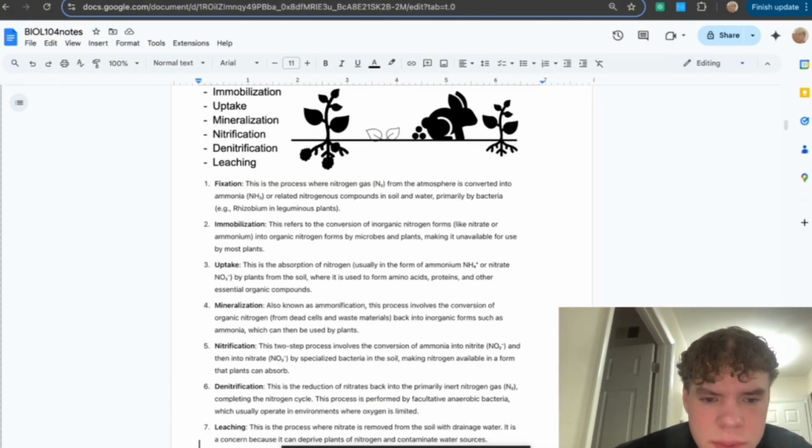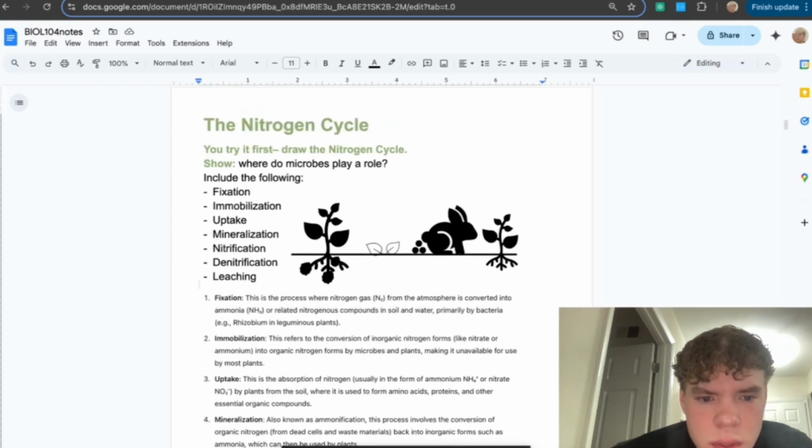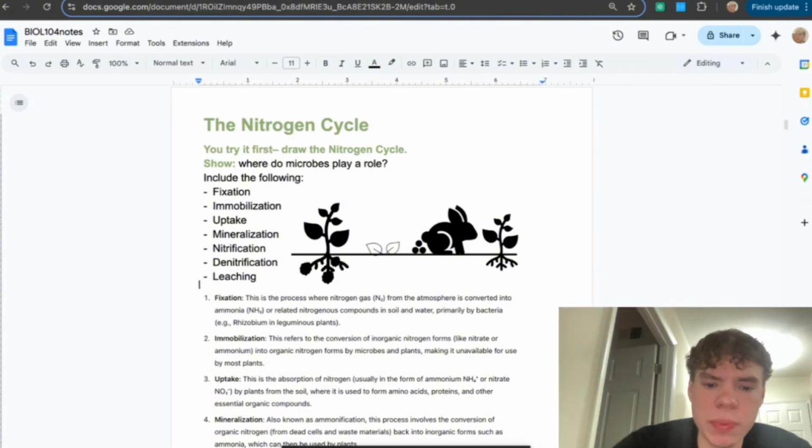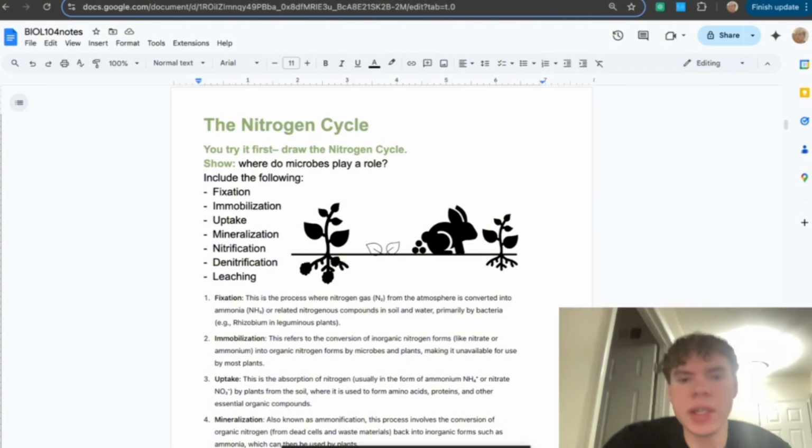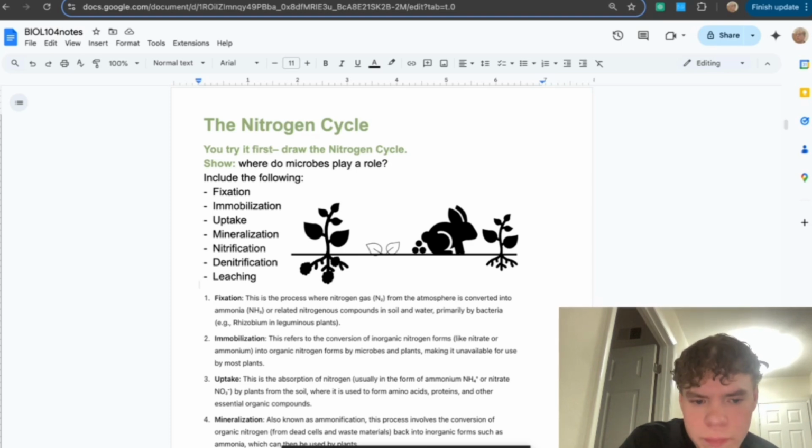I have some better terms here. So we have fixation, immobilization, uptake, mineralization, nitrification, denitrification, and leaching. So fixation, this is the process where nitrogen gas from the atmosphere is converted into ammonia by bacteria. So fixation is how does the N2 in the air get into the ground as ammonia, which is useful to